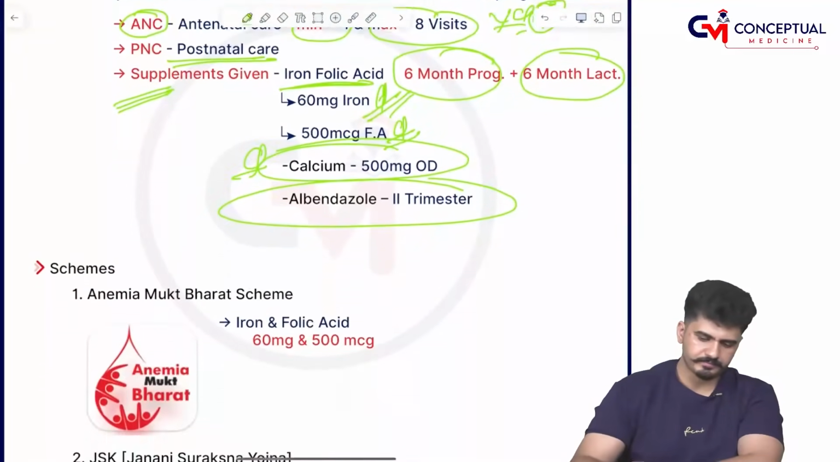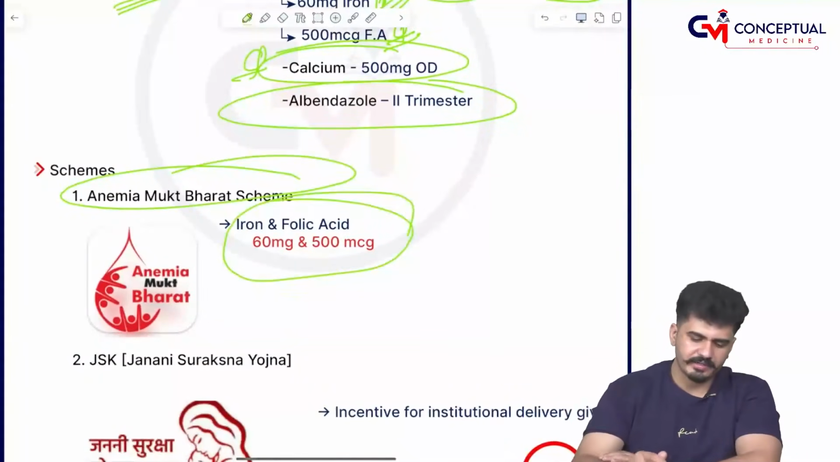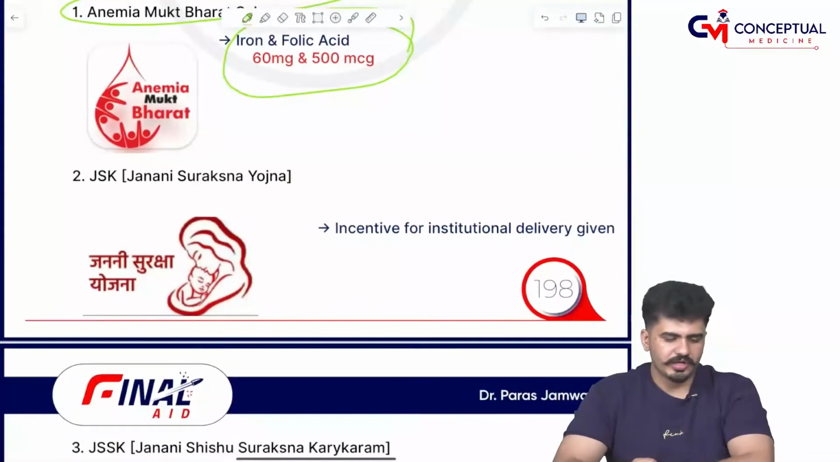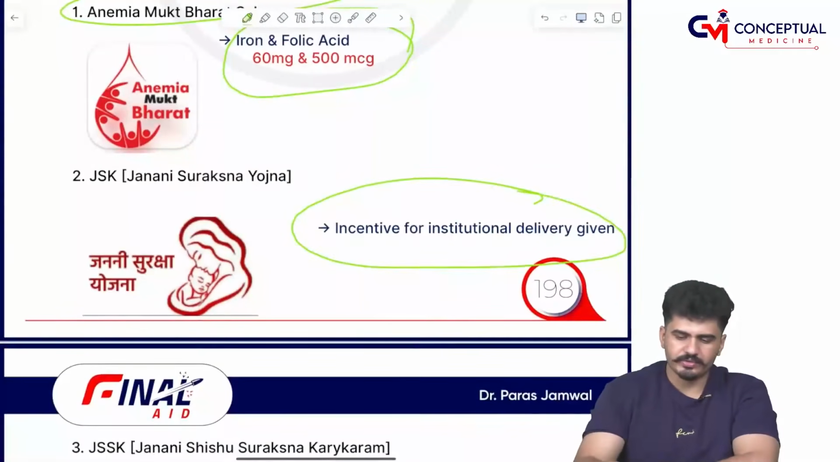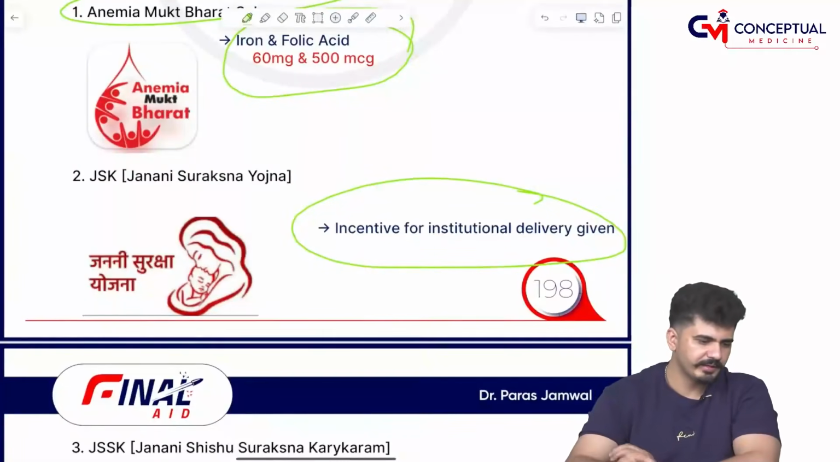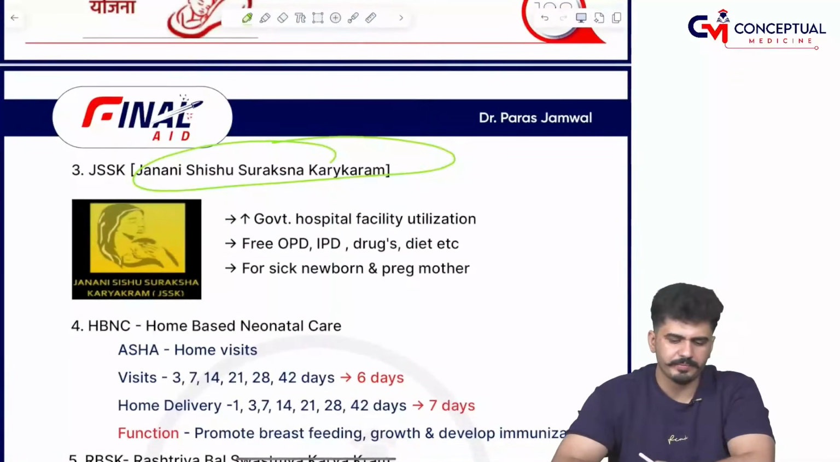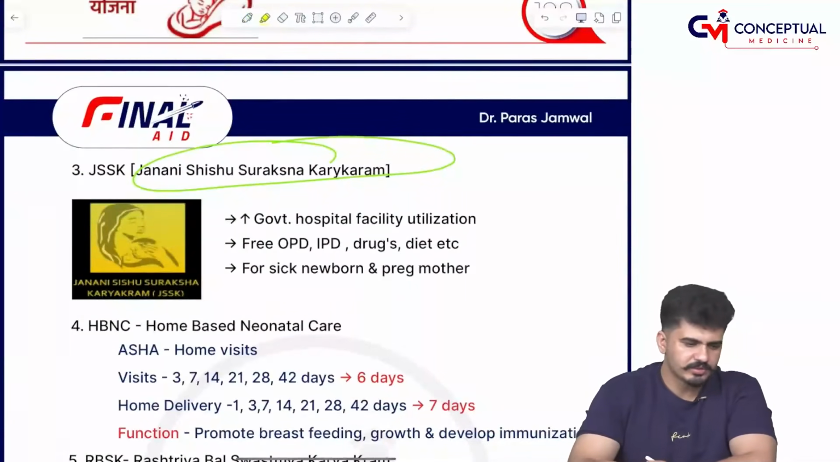Other schemes are like Anemia Mukt Bharat, iron and folic acid is given under this. Janani Suraksha Yojana: incentive for institutional delivery is given to both the mother and the Asha who is accompanying them. Then coming to the Janani Shishu Suraksha Karyakram. This program promotes